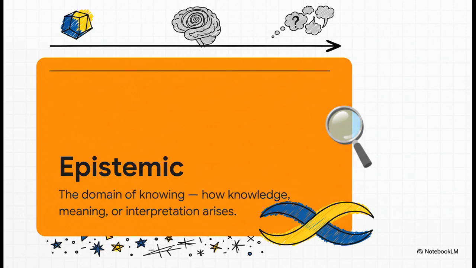Next we have the epistemic domain. Now this is not the forest itself, but it's our knowledge of the forest. It's like our mental map, right? It's filled with all the concepts like tree, leaf, forest. It's basically our internal library for understanding the world.